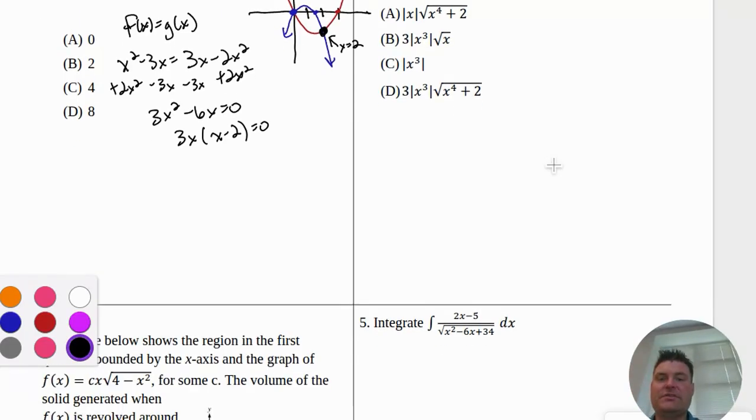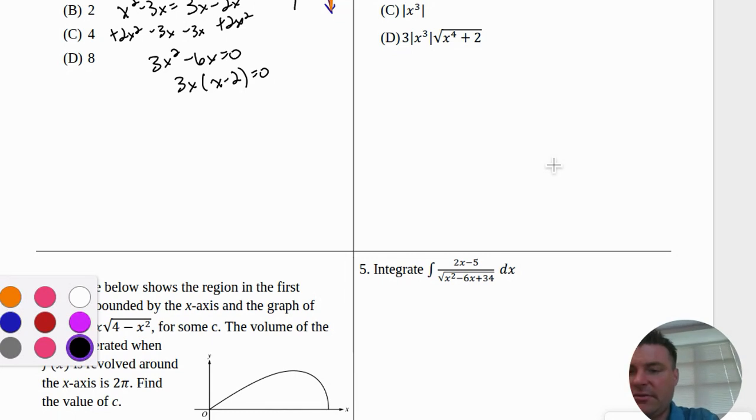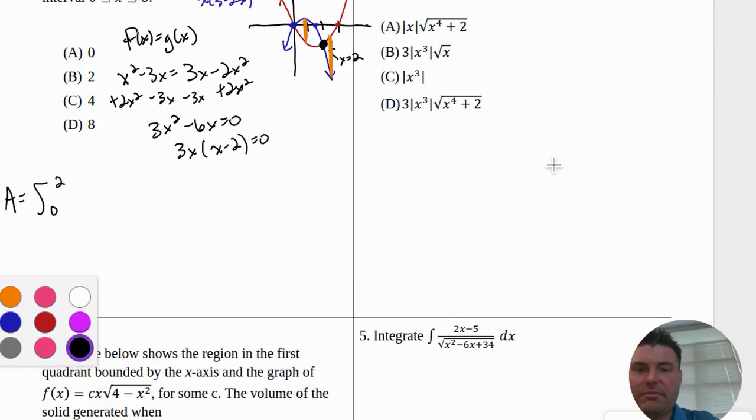Okay, so this one is lame and a half here because I'm going to have two different partitions. When I sketch this, you can clearly see I'll do my partitions here in orange. I have a partition here where blue's on top and red's on the bottom. And I have a partition here. I know I didn't graph all of it, and that's going to go all the way until 3. So I'm going to have blue on top here. So when I find the area, I'm going to integrate from 0 to 2 of blue on top,